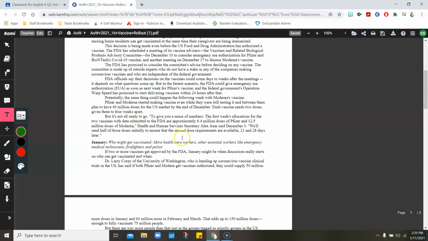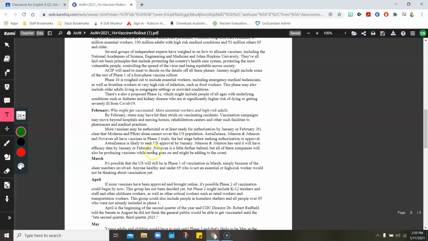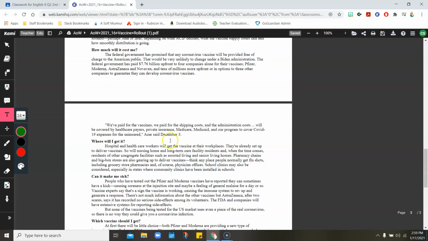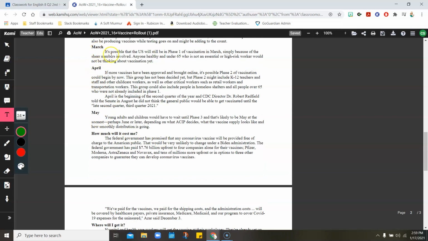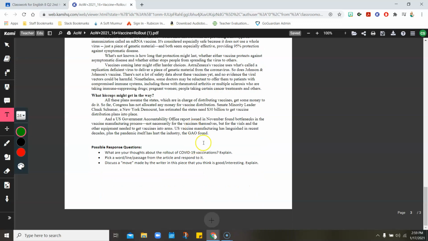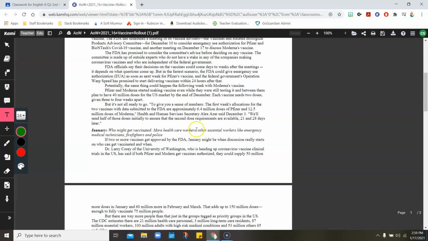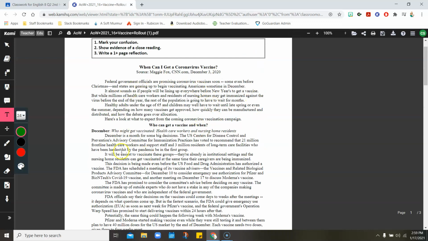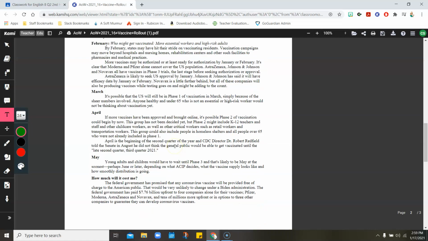Okay, so let me erase this. So there are 3 pages in this article. You can notice that this article is kind of laid out in a chronological format going by months. But I suggest that you read it very carefully. When you're done, you need to write a 1 or more page response to this article. So here's the idea. Once you have annotated the article, meaning you've written some questions, you've written some opinions, you've written some things that you agree or disagree with on the page, you can use that information to help you write your 1-page response.